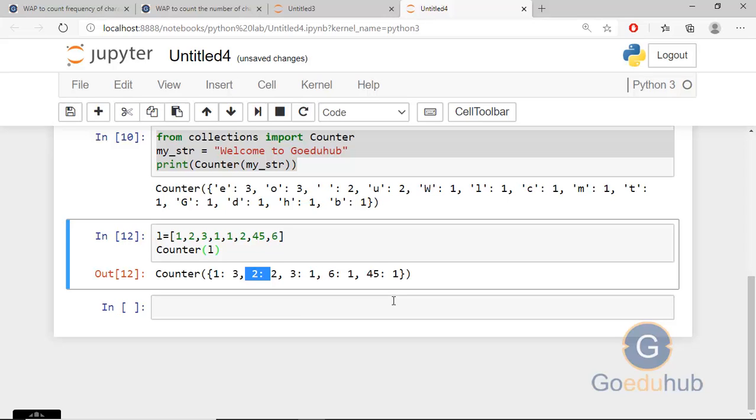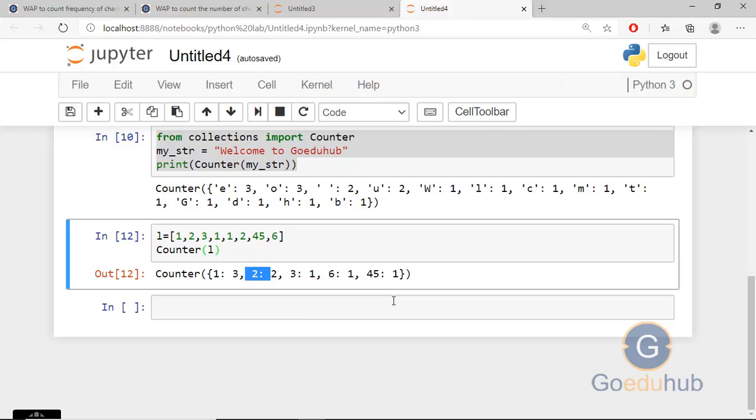So basically the Counter will provide you the count of each element. We can pass a string, a list, or a dictionary. There are different methods available on the Python Counter, like elements, most_common, subtract, and update.